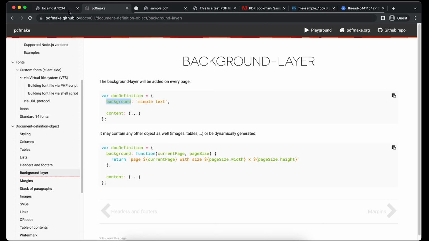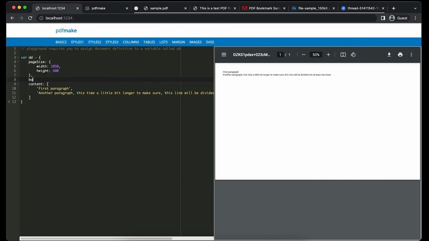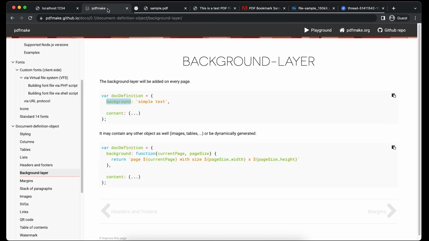We'll try to see what can be done. So in the main level, background. Okay, so it is not applying as a background. What it does is just attach it as background text. But what we are looking for is